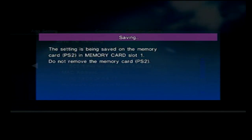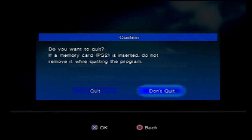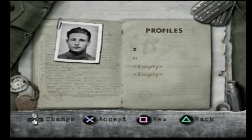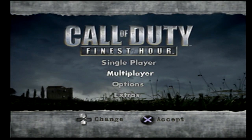And we're going to go ahead and try out setting 2 after. And I'm going to show you what I mean when I say you can play online on PS2 still. So we're going to go ahead and quit. It's going to bring us back to the screen. And we're going to click start at our game menu. We're going to do whatever we need to do, and then we're going to get to our multiplayer screen, and we're going to try out setting 2, the other setting we just made,